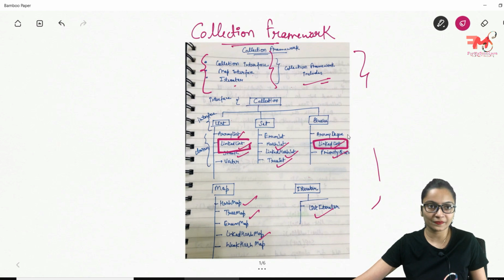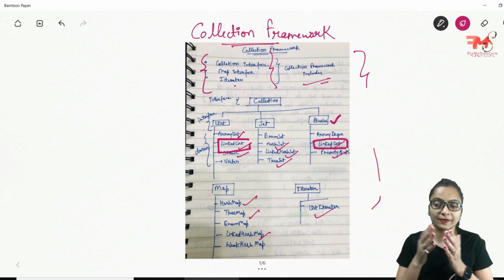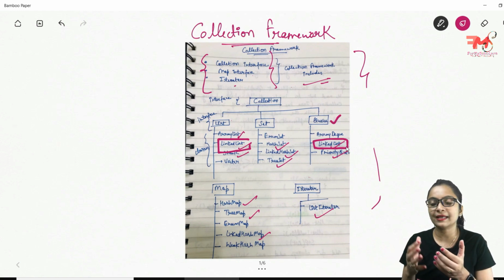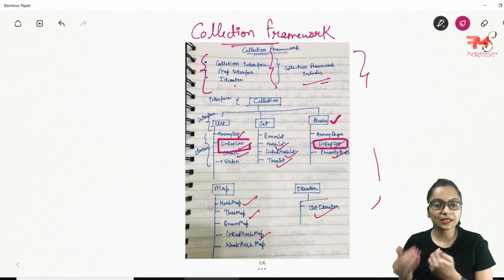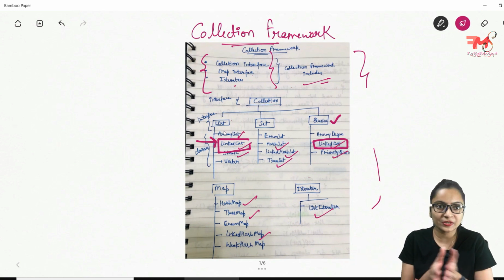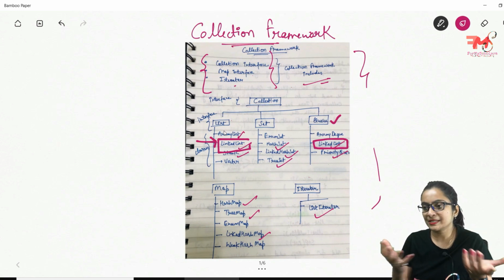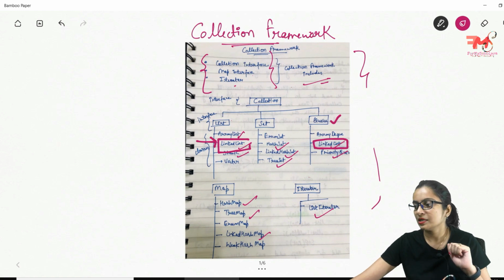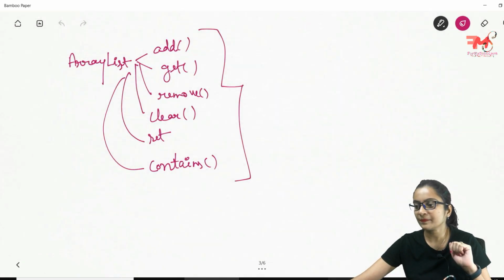So what's the difference between them? Here the queue will be implemented using linked list. We will see when we implement the LinkedList class, in that case we will be implementing the queue using linked list. But here you can say you were implementing the list using linked list. Okay, so that is the basic difference between these two classes. So let's implement queue using linked list.